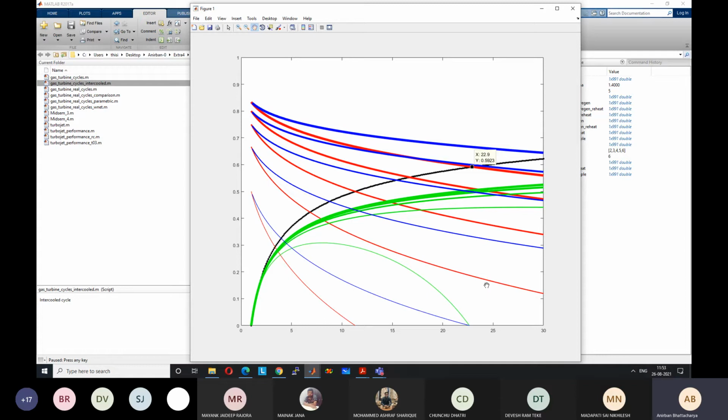In the simple Brayton cycle, the efficiency is decreased by using reheating. But in the regeneration cycle, efficiency is increased by using reheating. Why was this opposite behavior present? In one case, I am adding reheating and the efficiency decreases. Simple Brayton cycle, I am adding reheating, efficiency decreases. In the other case, regeneration cycle, I am adding the same reheating, but the efficiency increases. Why this opposite behavior?